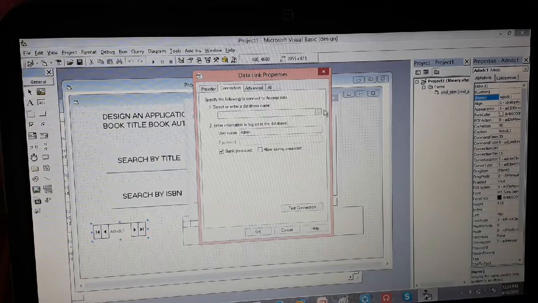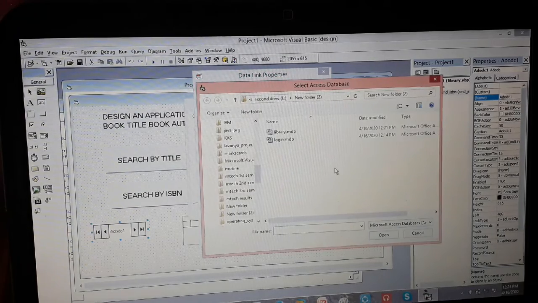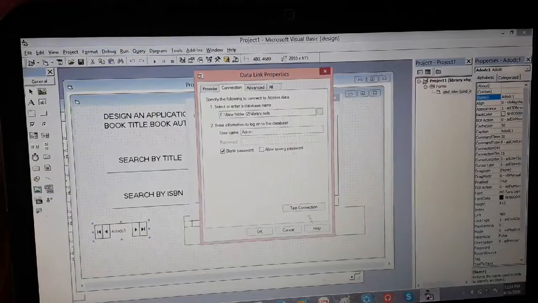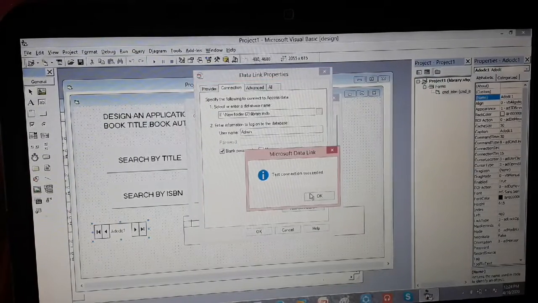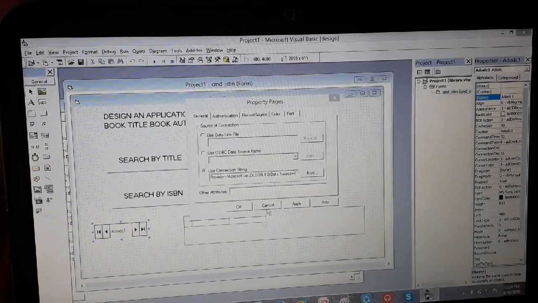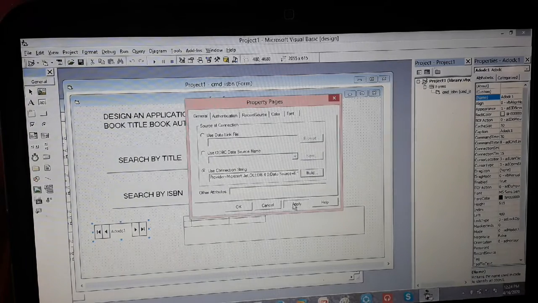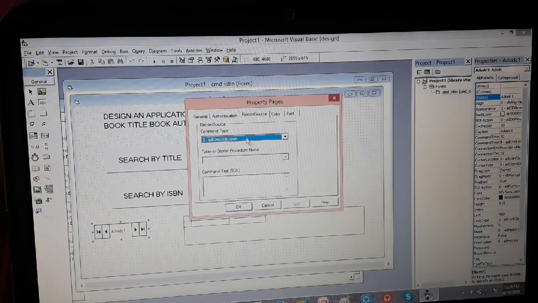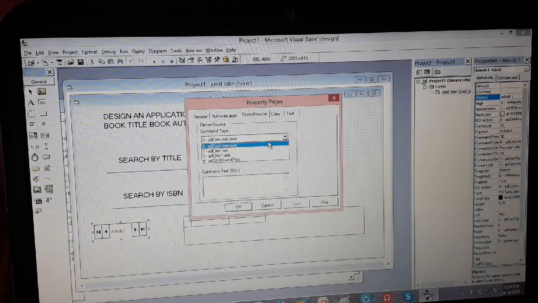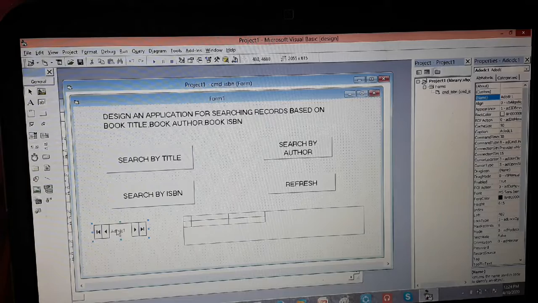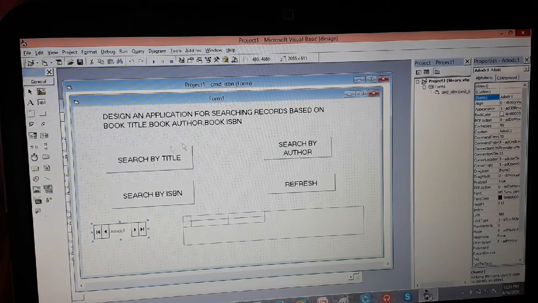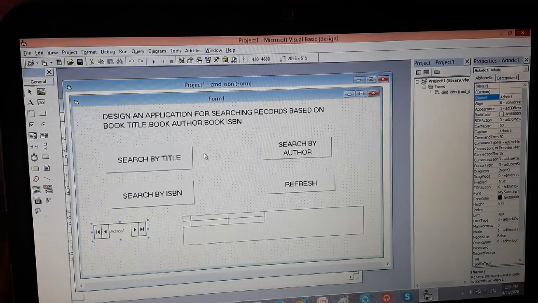Next, you need to select the database from where you are taking the data. That will be library.mdb. Test the connection. If it says succeeded, click OK, then apply. For the record source, as you are giving it in a procedure format, leave it as unknown itself, apply, and OK. So now we are done with the ADODC connection, that is, connecting the front end design with the